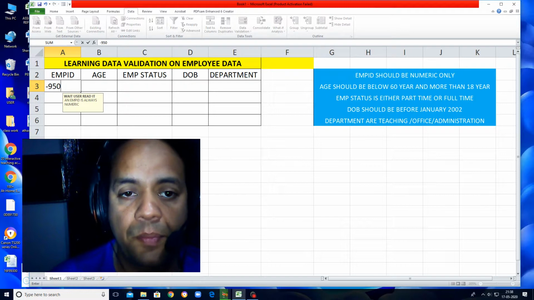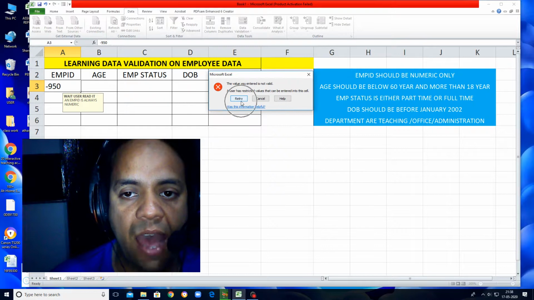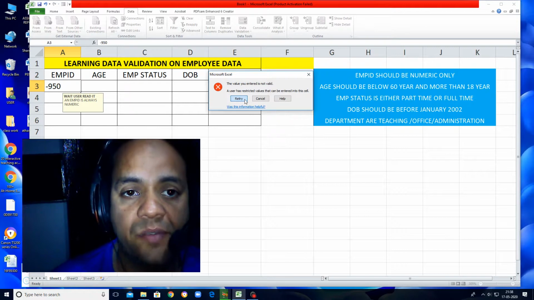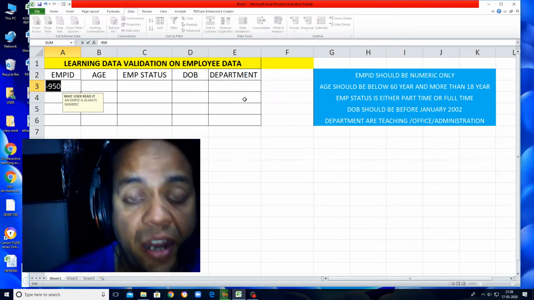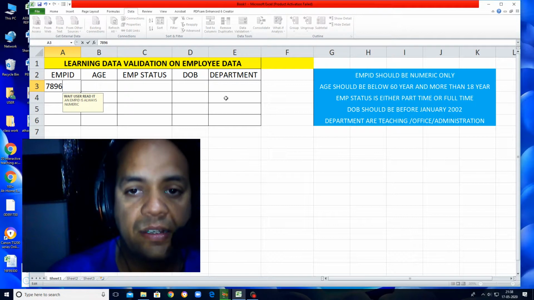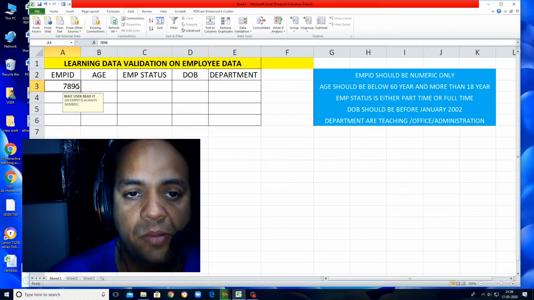As I move my cursor away, it shows an error message: the value you entered is not valid. I need to click on retry. If I click on cancel, the value will be erased automatically. So I click retry and enter the correct value. If I enter, suppose, 7896, it will work. It is greater than 0 and it is a number also.